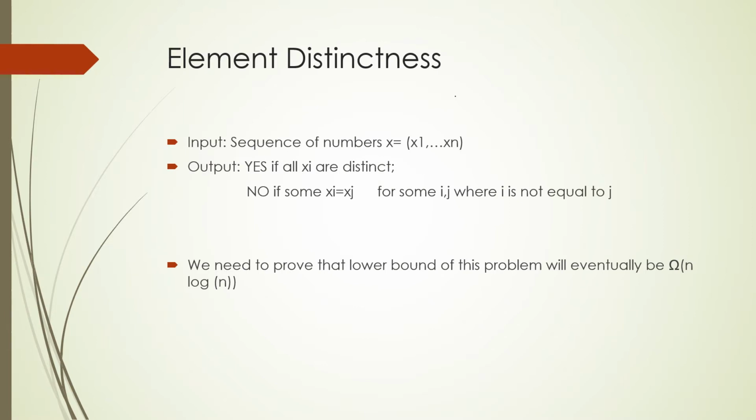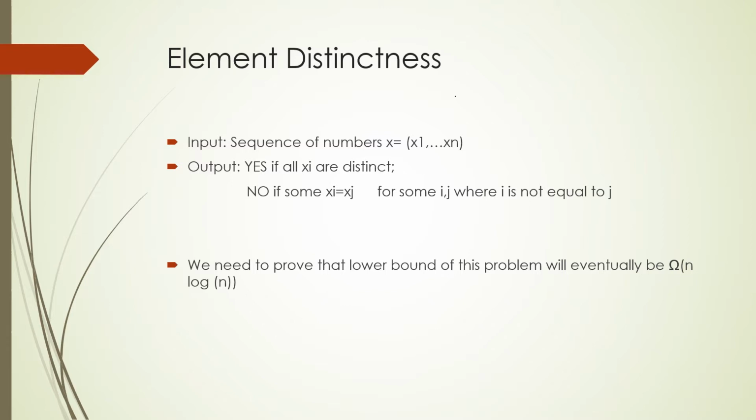Let's take the question at hand. The problem says that you have a sequence of n numbers, x1, x2, x3, on to xn, and you would be finding out if all the numbers are distinct. Then you would say yes. If two numbers are non-distinct, then you would say no. For example, let's take